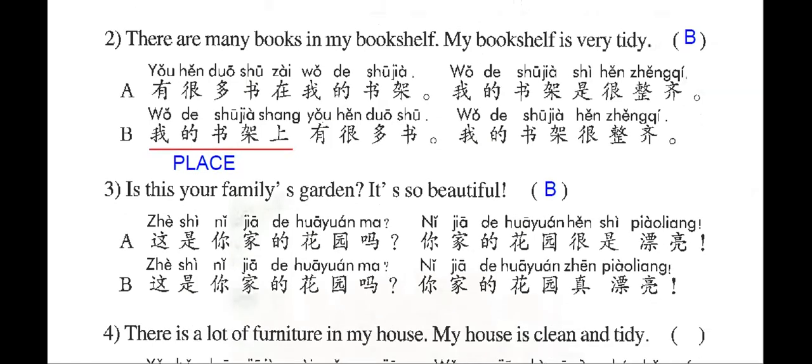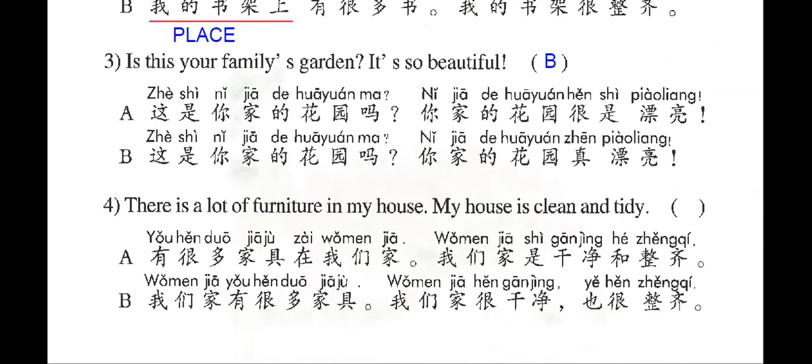We continue with number 4, okay? There is a lot of furniture in my house. My house is clean and tidy. 有很多家具在我们家，我们家是干净和整齐。And the other one, 我们家有很多家具，我们家很干净，也很整齐。